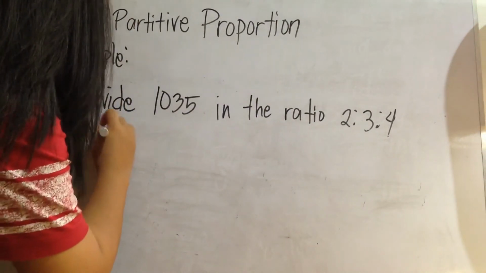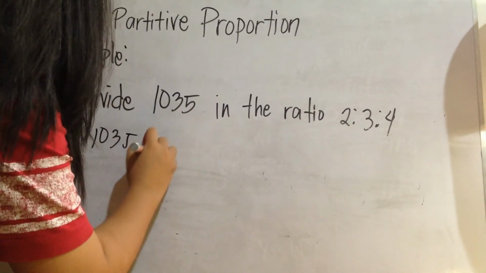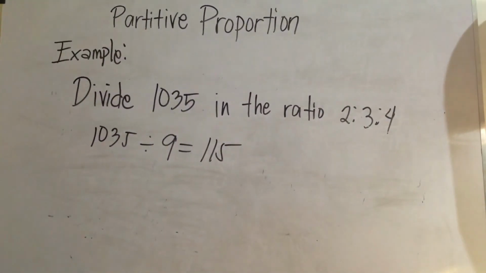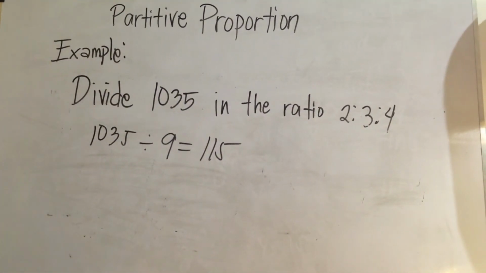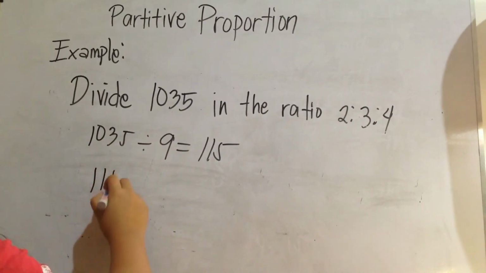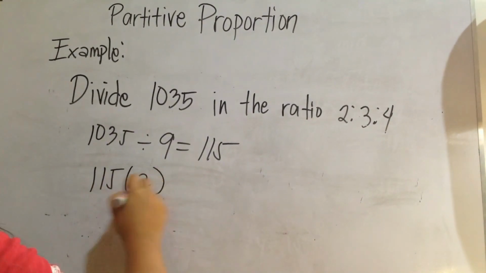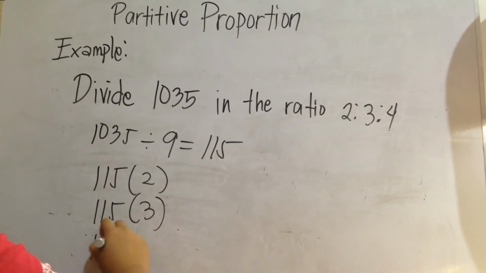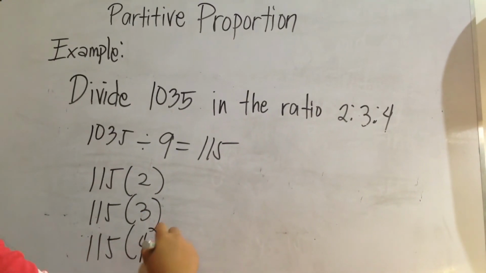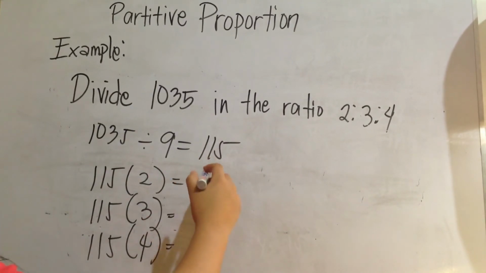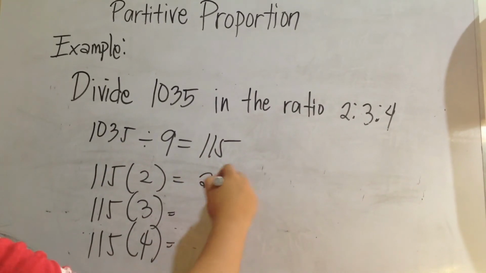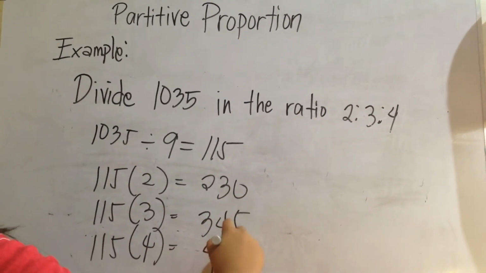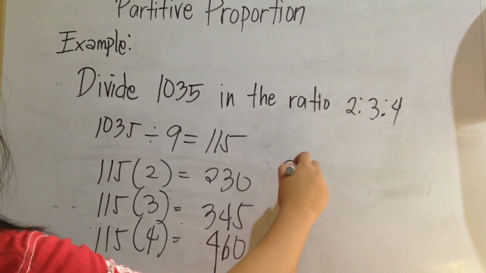So 1035 divided by 9 is equal to 115. Then multiply 115 by 2, 3, 4. So the ratio will be